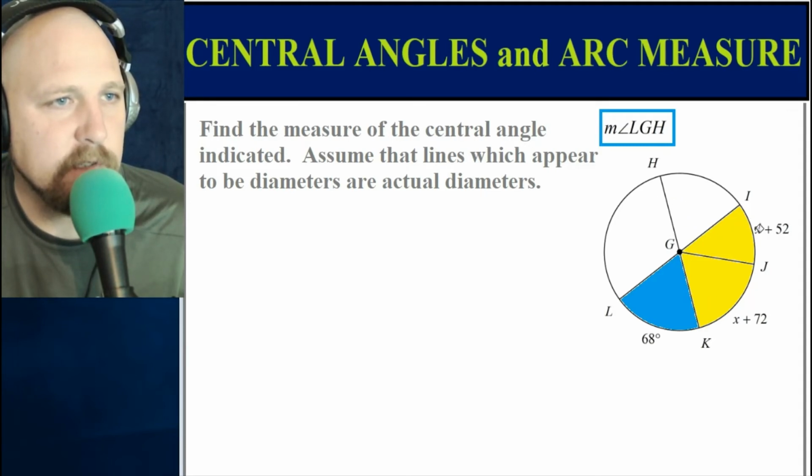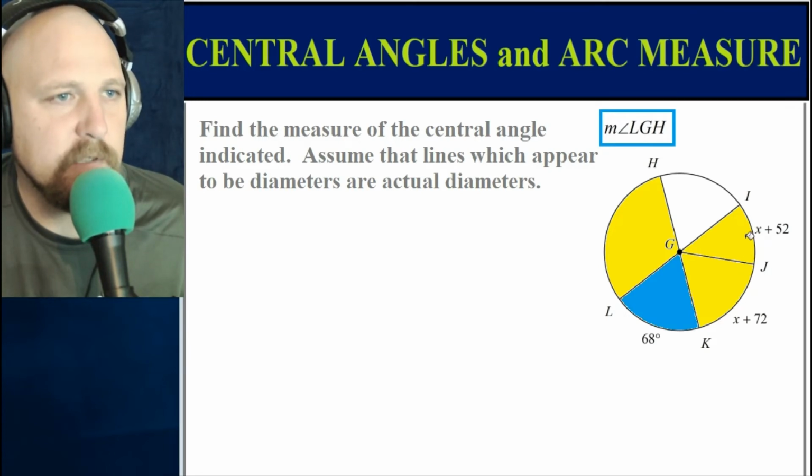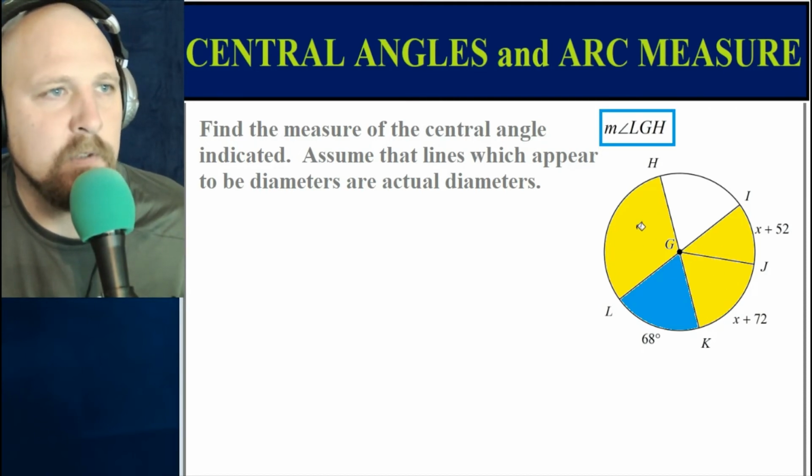So if you substitute X into these two sections here, it's going to give us the same value as that section there. So first, add these three up to 180, find X, substitute the X into the IJ arc measure and JK arc measure, and then find that total,